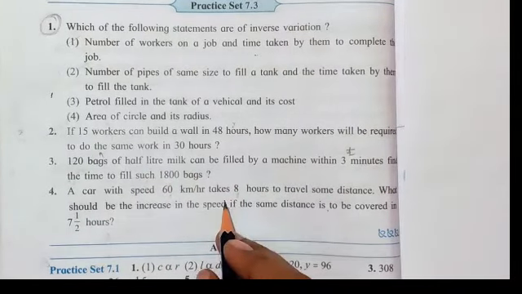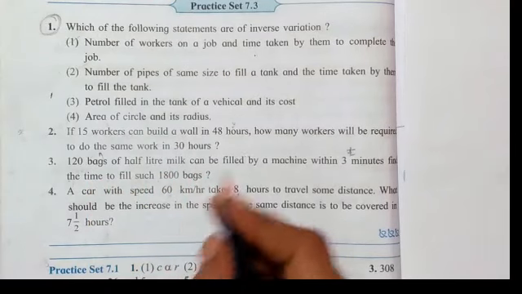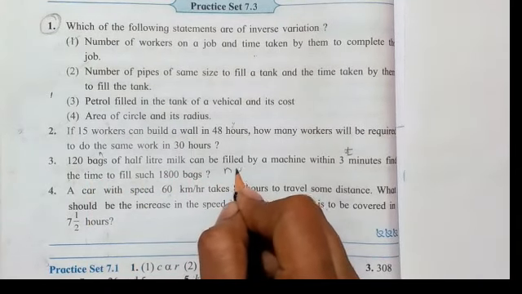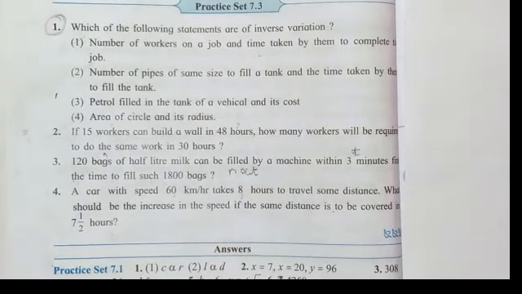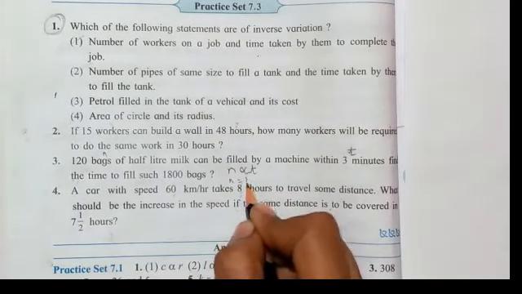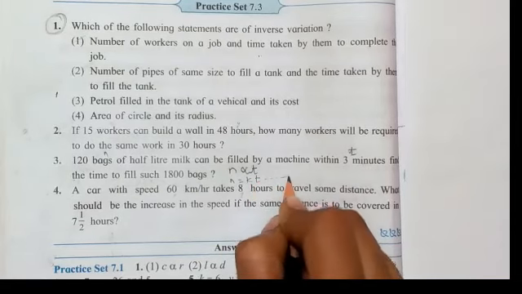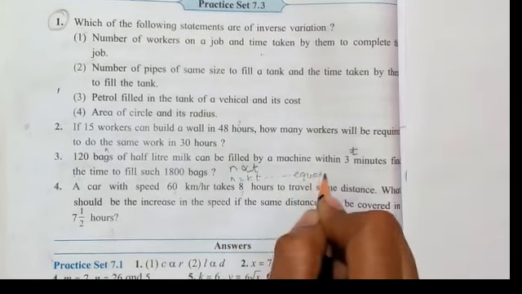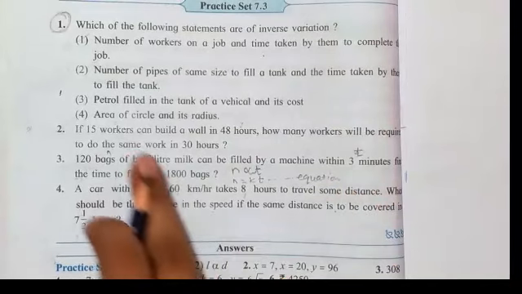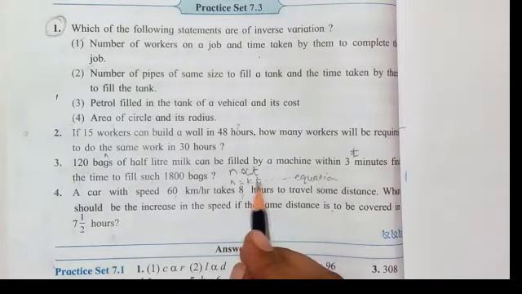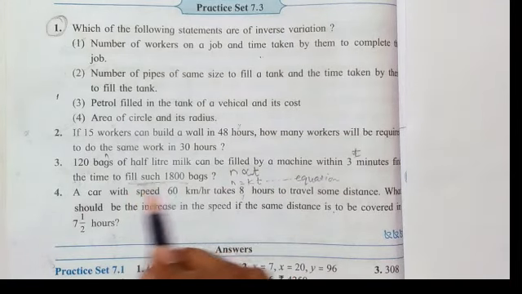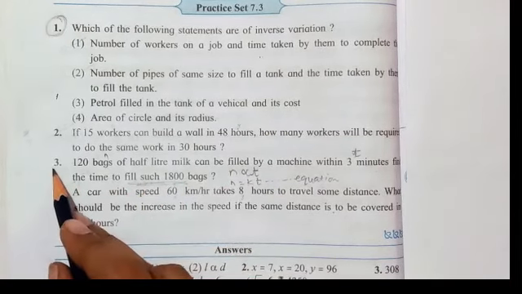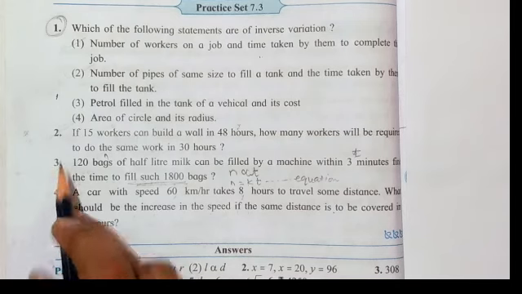So what is the equation for the direct variation? That is, n is directly varied with t. So n is equal to kt. This is the equation. So by using these values, we can find out the equation with the values and we can find out the final answer. So this is a sum of direct variation. You can easily solve it on your own.